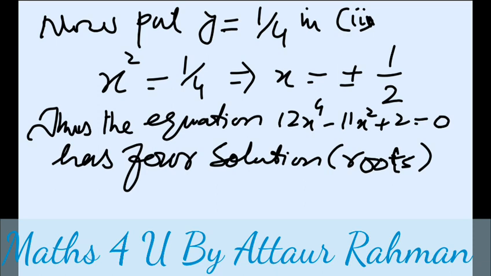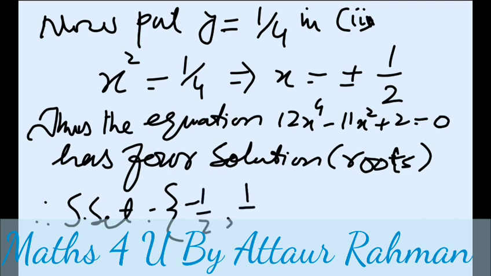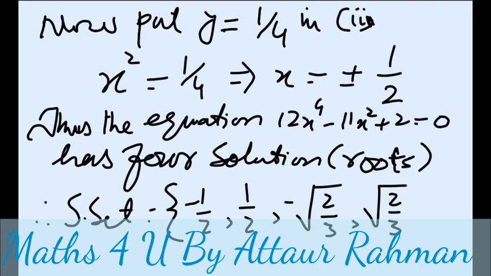As we see, the biquadratic equation is of degree 4. So it must have 4 solutions, that is 4 roots. So hence we have come to know that whenever we have a biquadratic equation, it will always have 4 roots. Now tabulating these values in the solution set, we will get the solution set of the given disguised quadratic equation. Hope you understand the solution of the biquadratic equation.